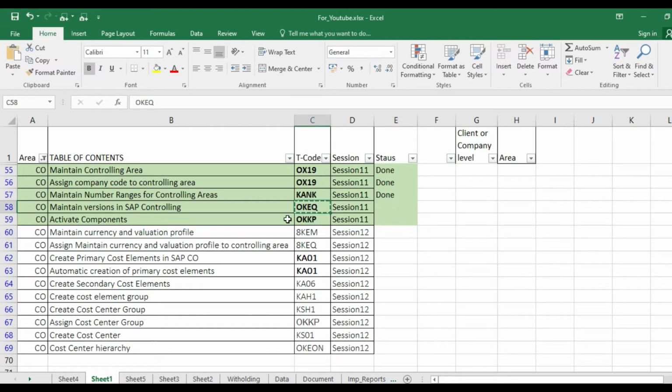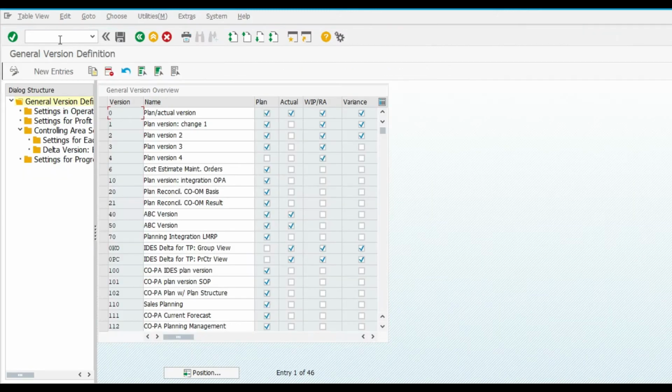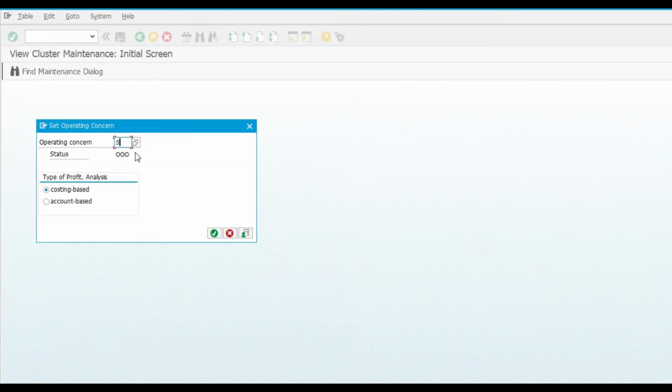Now maintain version in SAP controlling, OKEQ. These are the versions. Basically, we always use plan and actual version. Plan is basically a budget and actual is actual. So majorly we use 0. Click setting, ST01.